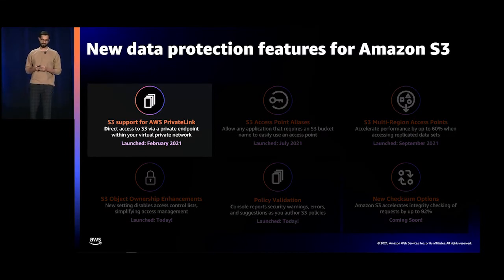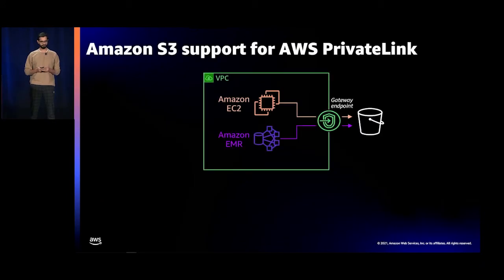So let's start with our first feature, and that is Amazon S3 support for Private Link. AWS Private Link for S3 makes it simple for your on-prem application to directly connect to Amazon S3. This is an overly simplified view of what our customers do when running an application on AWS. They run applications on EC2 and use VPC, and they route requests to S3 through a gateway-style endpoint. This is the most simplified view of what many of our customers do today to access Amazon S3.